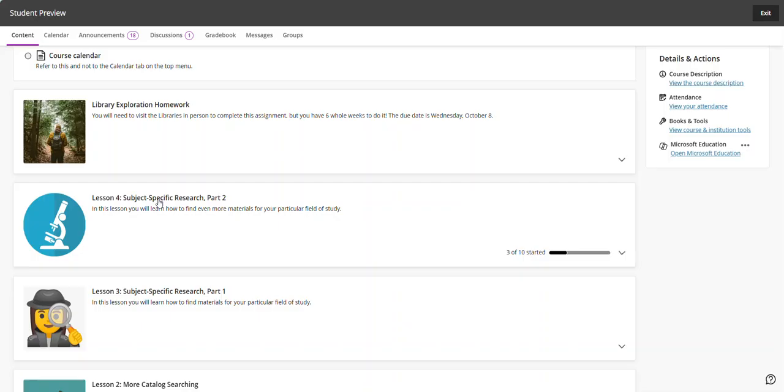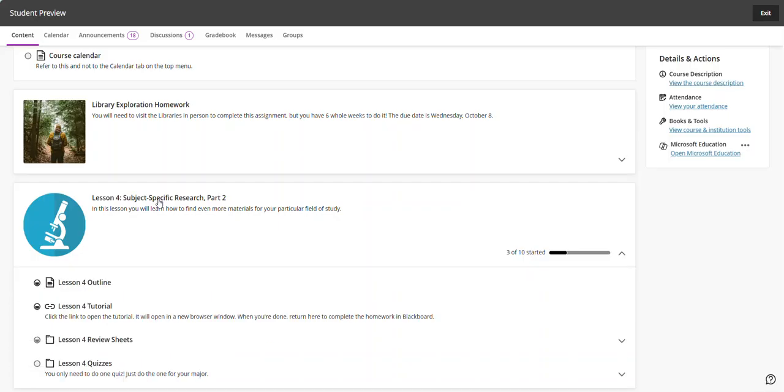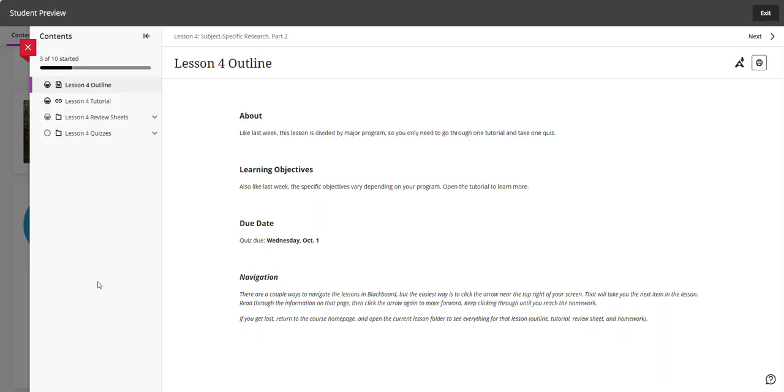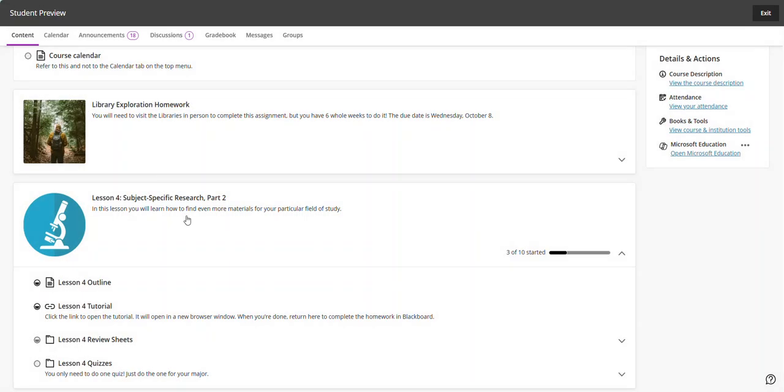For Lesson 4, when I first open it, you'll see that you've got 4 items there. The lesson outline tells us everything that we're going to learn in this unit, as well as what the due dates are for anything for this. So for today, October 1st, you have a quiz due. There's 2 ways to navigate. You can either use this left-hand menu here, or you can go back to the main page and go through